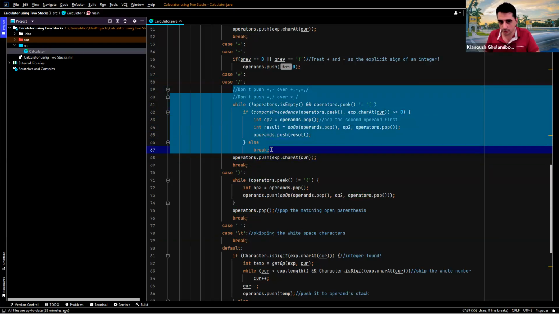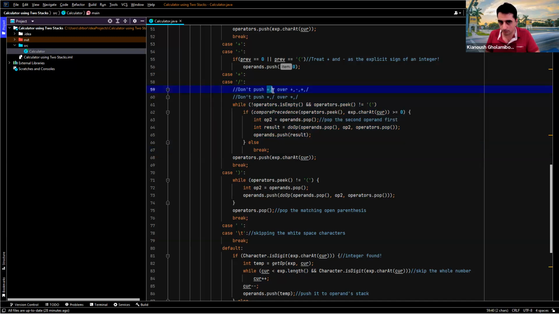This while loop is going to assure that you never push a plus or minus over a plus, minus, star, or slash. Why shouldn't we push a plus or minus over a star and a slash? Because plus and minus have less precedence compared to a star and a slash. Why can't we push a plus or minus over a plus or minus? Because plus and minus have the same precedence,